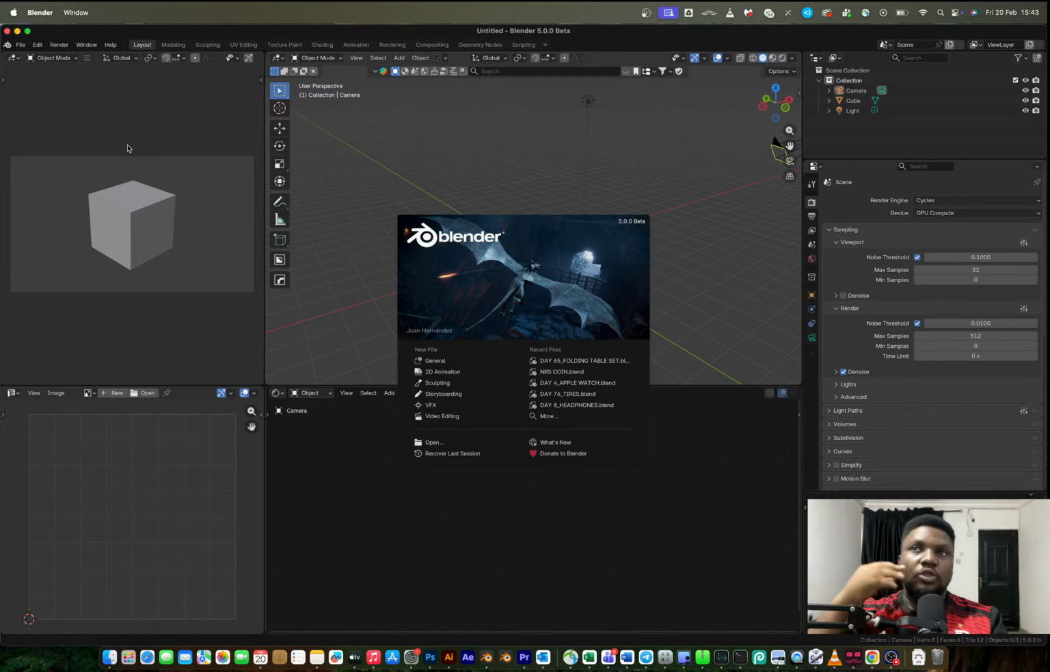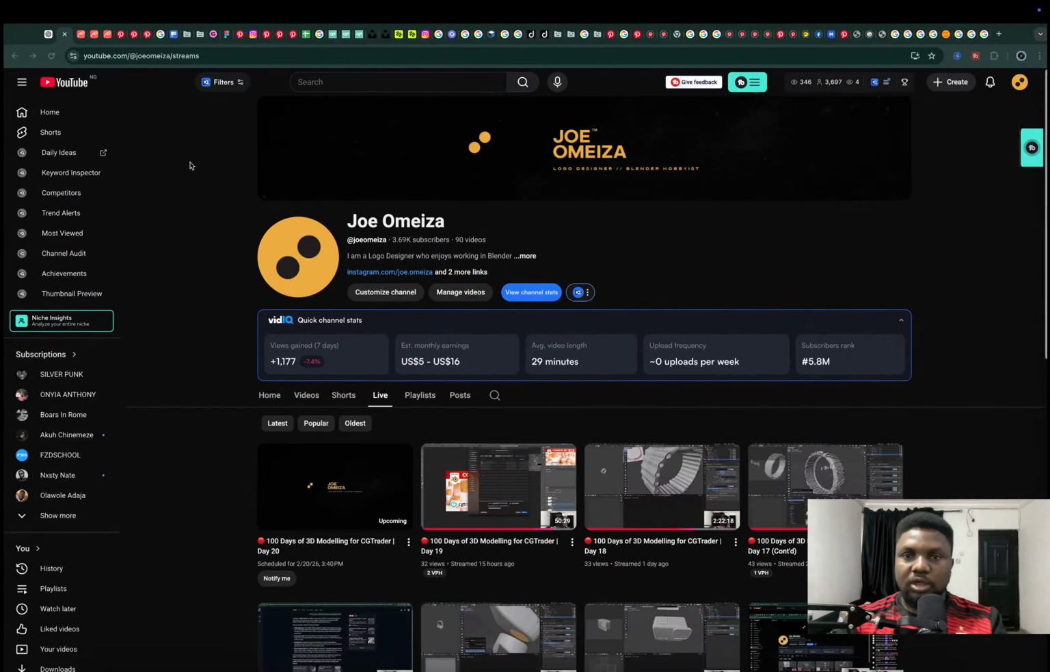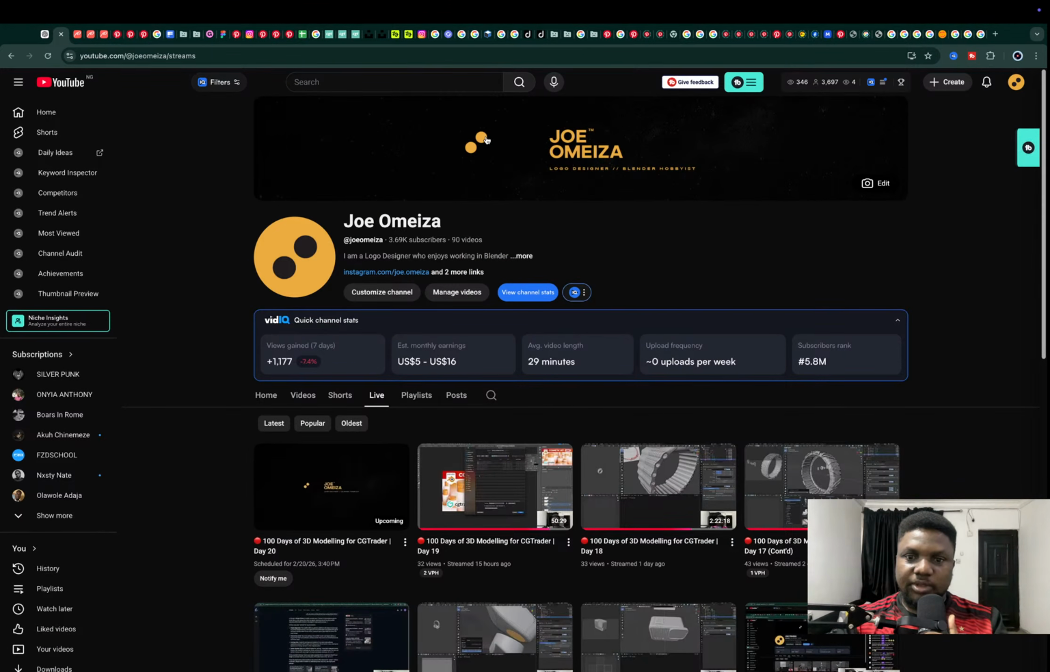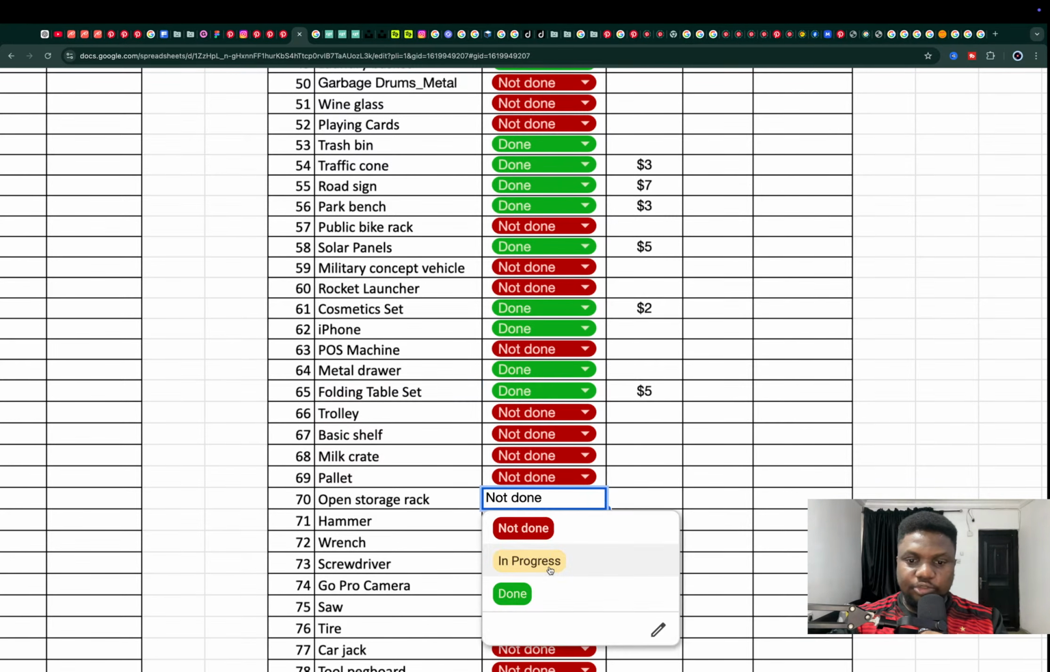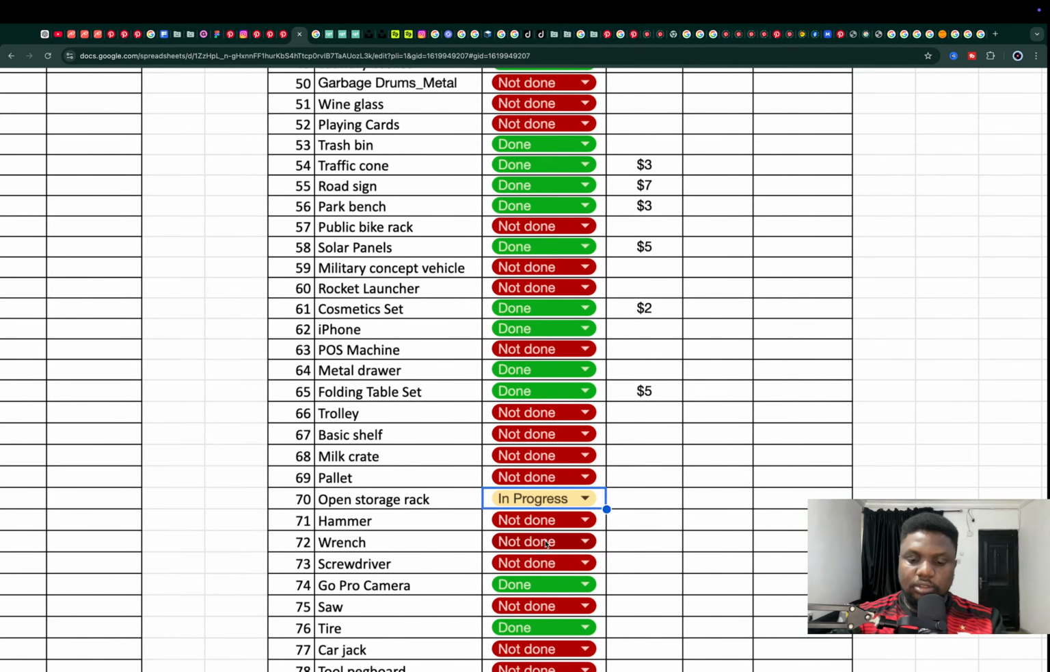So we are going to be knocking out something off the list today. Today is day 20. We still have 80 days of just raw dogging days and just modeling stuff. Right now, I'm going to be doing open storage rack. Easy, straight to the point. However,